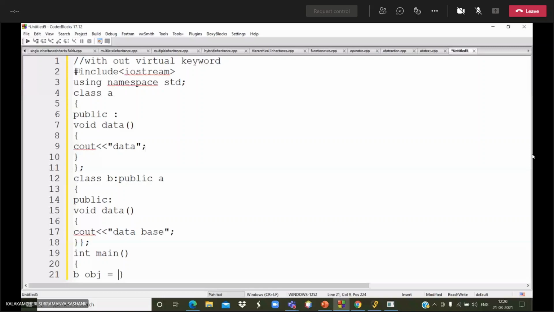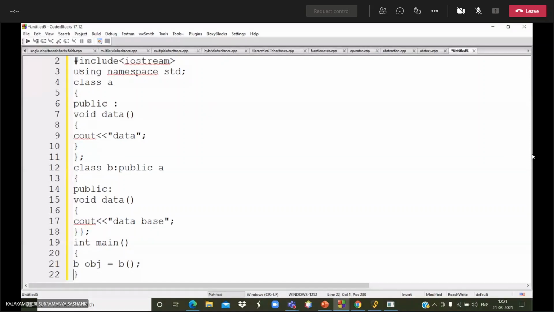Then with the help of the obj object, I am calling the function data. Then I am returning from the main function.